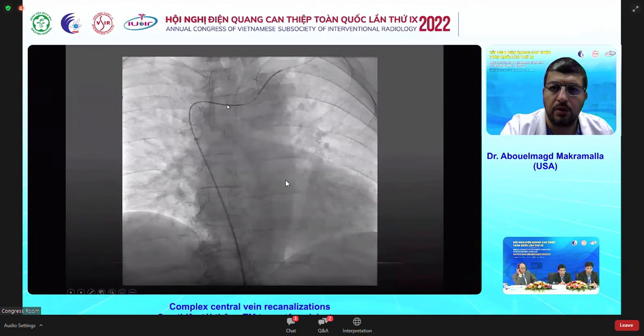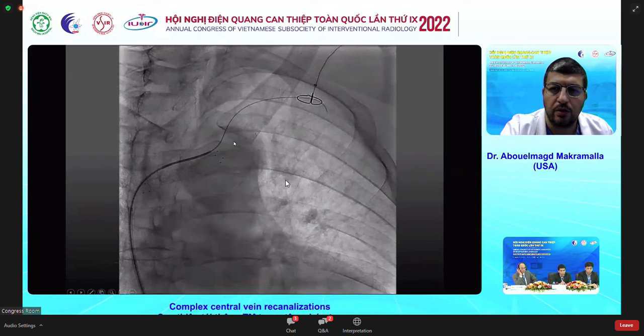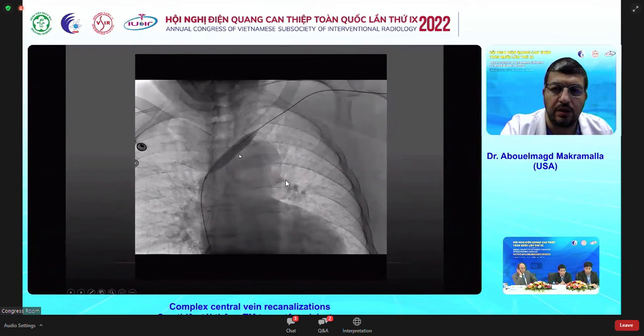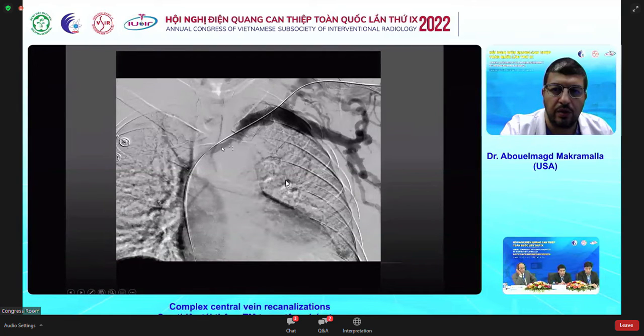And after we were able to completely recanalize the vein, we passed the wire and used a snare to grab the wire, snaring the wire through and through. We were able to put a glide catheter over the wire, snare it out, and place a stiff wire. And we plastied the vein to confirm that we are still within the vein lumen that was occluded, and